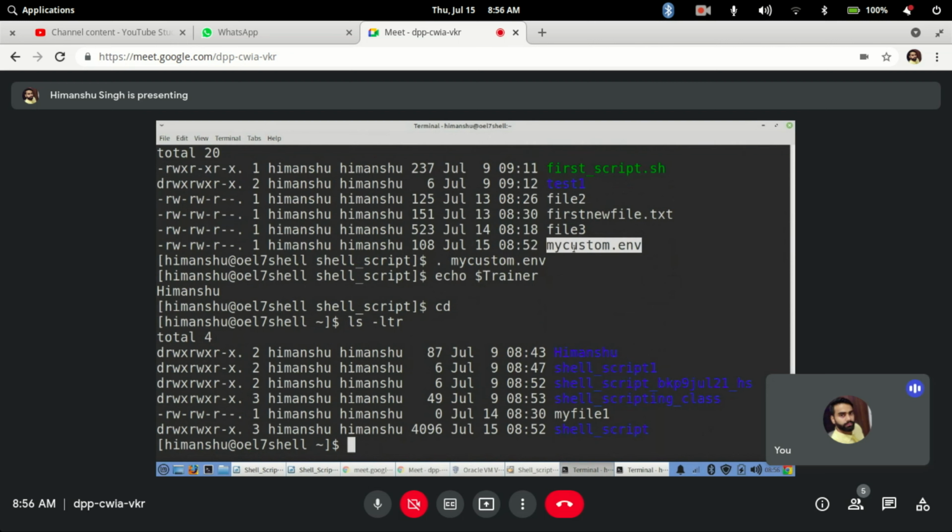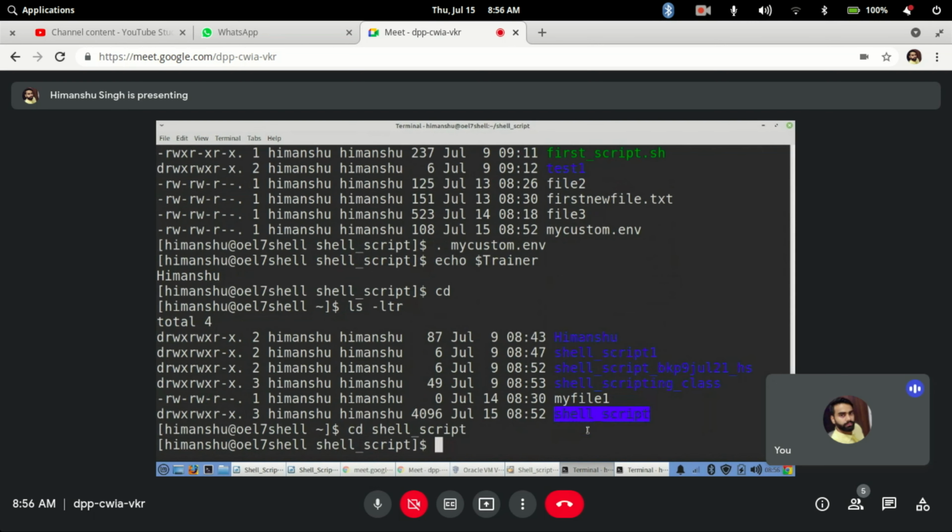So many times there are applications, various entities, that you want to start, but to start those entities you need to set certain environment variables. So before starting those applications you can create an environment file, set that, and then start those entities. But it is not just that; my custom environment is just a file. You can use it in different ways, not just for setting it. Let me show you one more example.